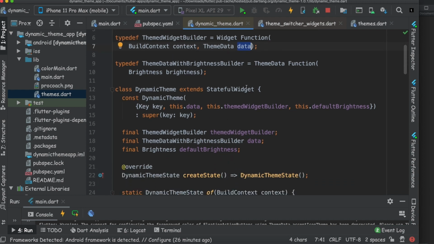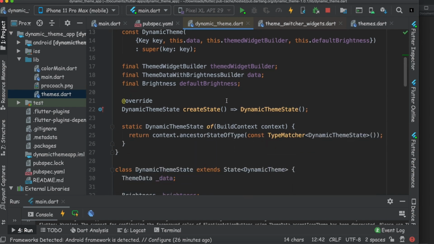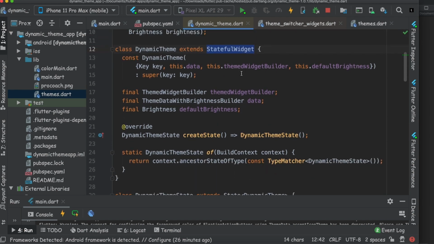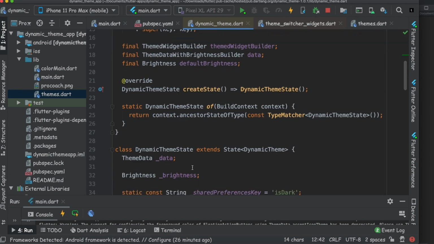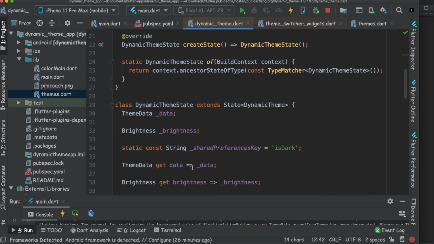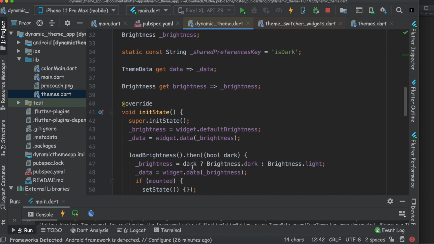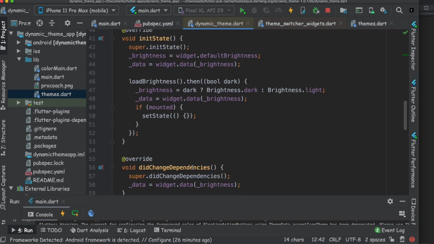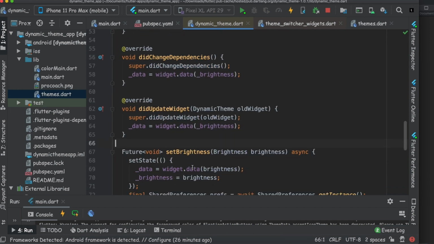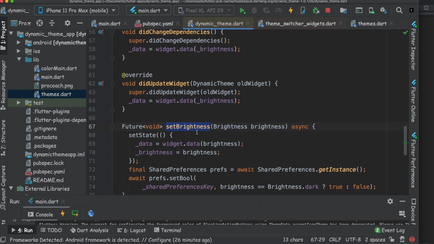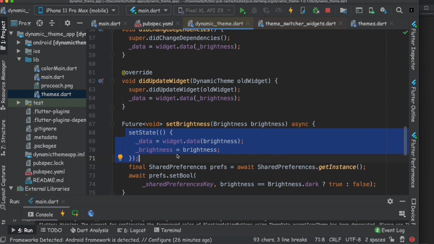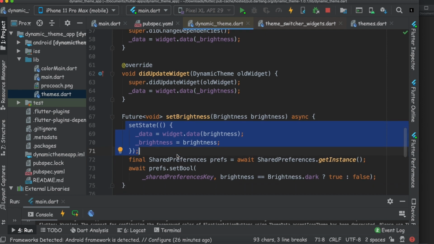The main thing is it is a stateful widget, so whatever child we provide to it, it updates the whole child when we call set state inside the dynamic theme. So what we actually did with set brightness, right? When we did set brightness, it actually set-stated the whole widget tree. That's why we can see the changes.